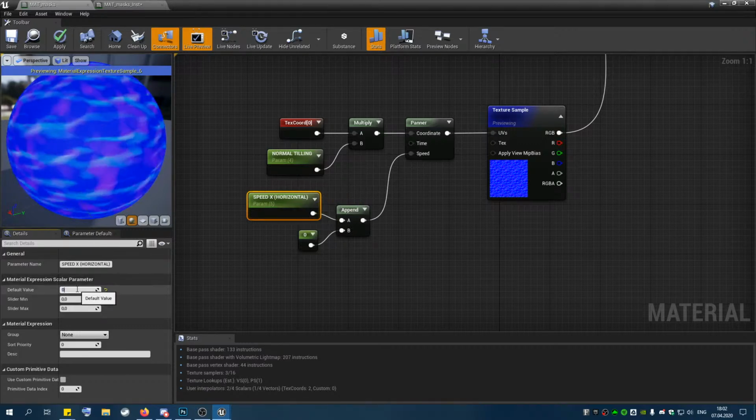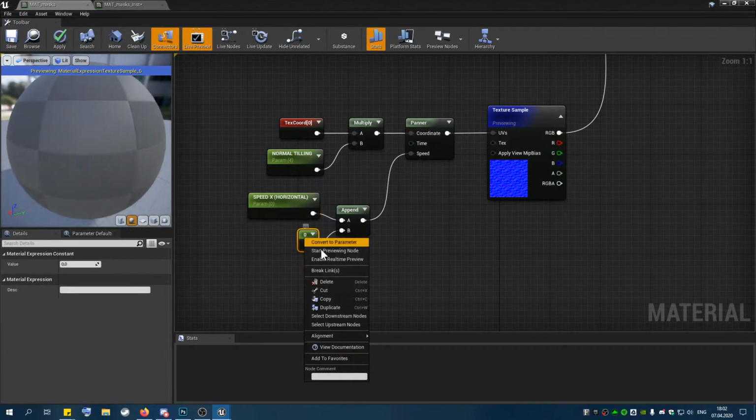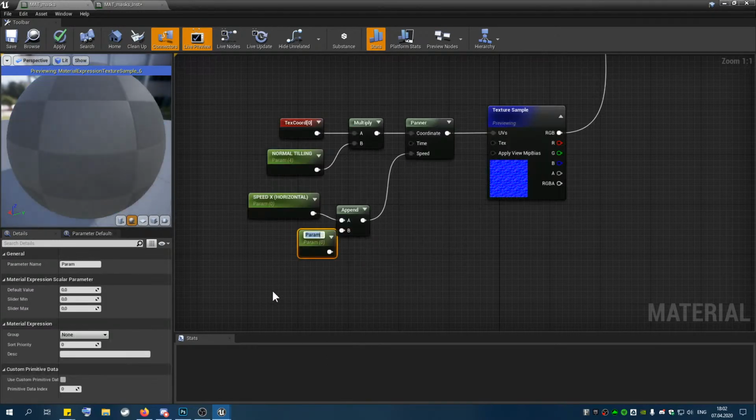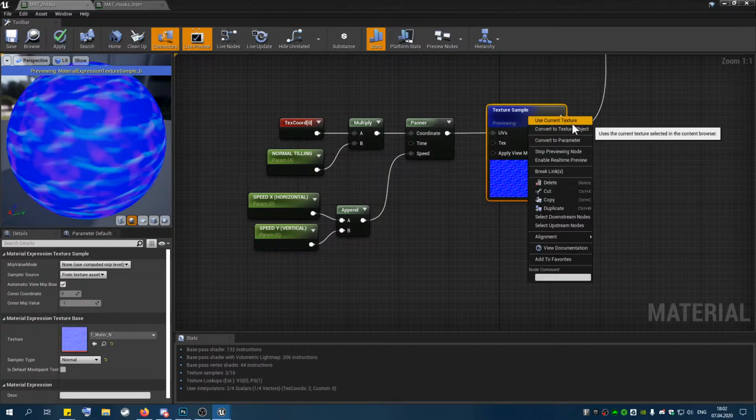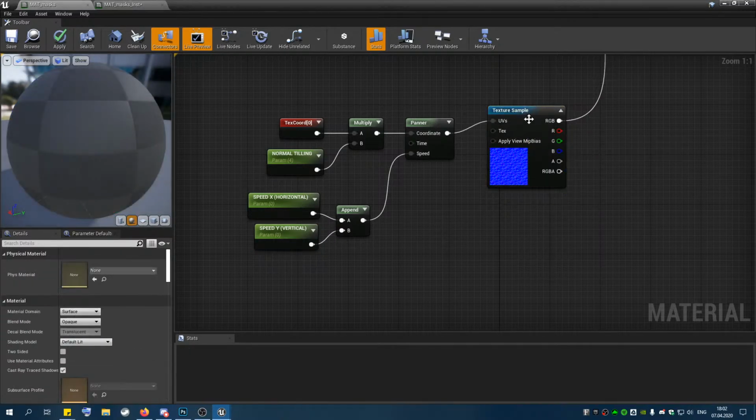Let's put it to 0 for now. And this will be, convert to parameter, it will be speed y. This is our vertical. Okay. So when we change these parameters, the speed of our panner will change depending on the parameter we are changing. So let's stop previewing this node